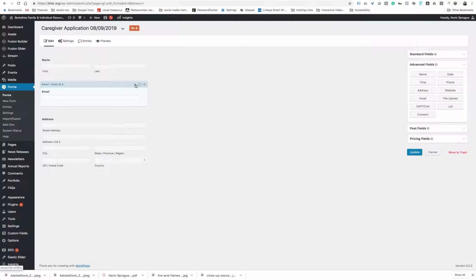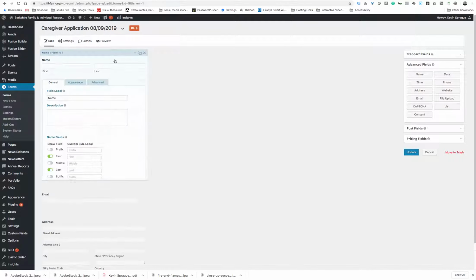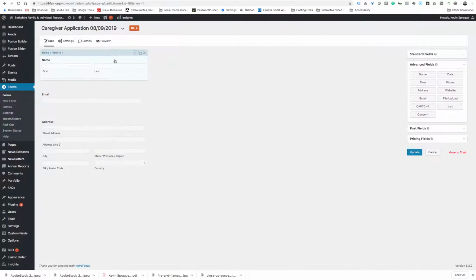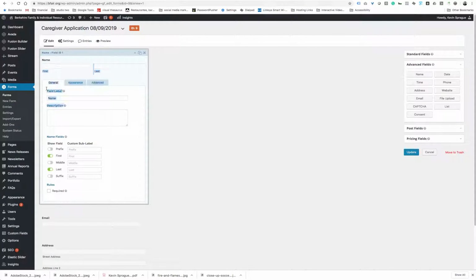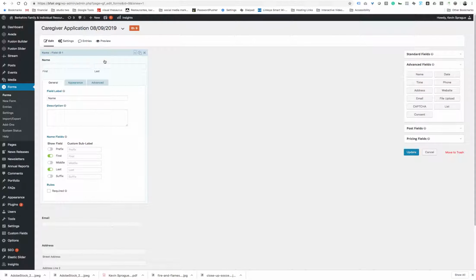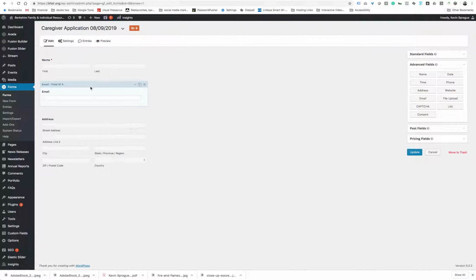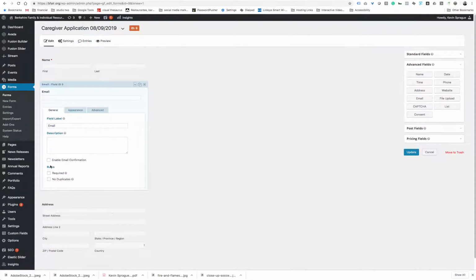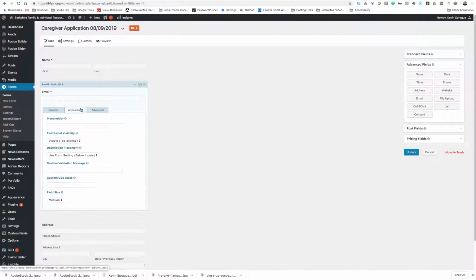Now inside of these, you can do a couple of things. If you click on any one of these, let's see, it will open up. You can double click it. You get this other stuff, and you can put some stuff here if you need to. And one of the most important things actually is whether or not it's required. So in other words, you're going to require that they give you their first and last name, right? So all you got to do is that. And then you click on this, and you say email required, right? There's some other stuff in here,